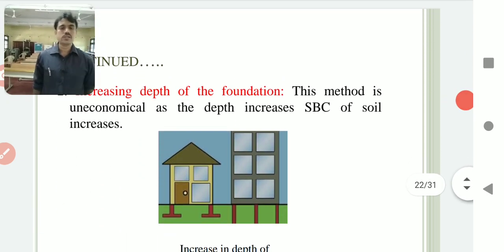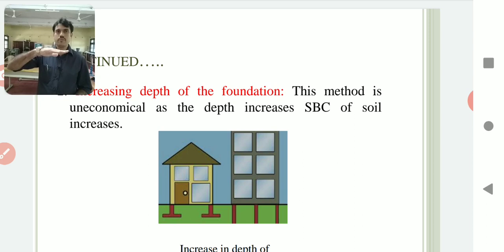The second point is increasing the depth of the foundation. This is very common and quite simple. Because as the depth of the trench increases, safe bearing capacity increases, but it is totally uneconomical. Because as we go deeper and deeper, the excavation cost will be very high. We have to use labor charges and lifting and leading charges, or otherwise machines, so again we have to incorporate higher cost for deploying machines or labor. So this turns out to be more uneconomical.